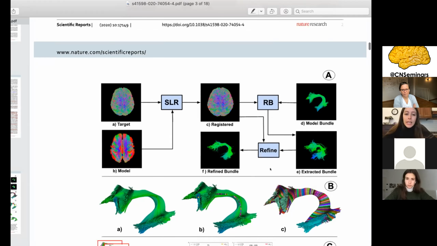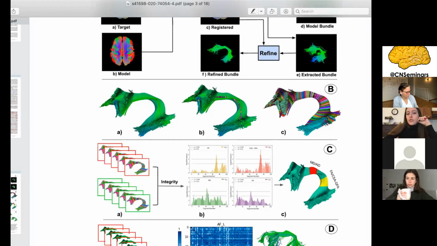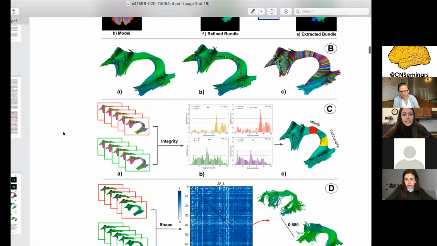And basically they plot the centroids of the clusters that are extracted from the model bundle upon the bundle that we extract. So what we get is a segmentation along the length of the bundle of interest into different small segments. So the first step is the tractometric analysis,